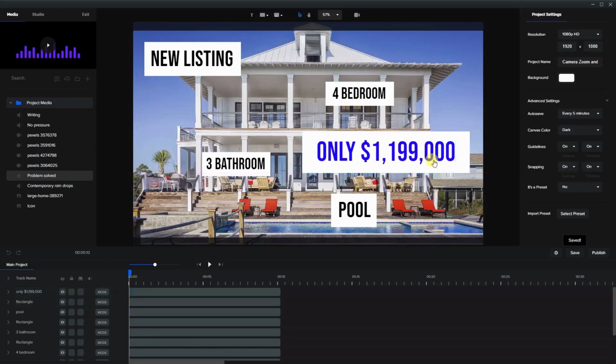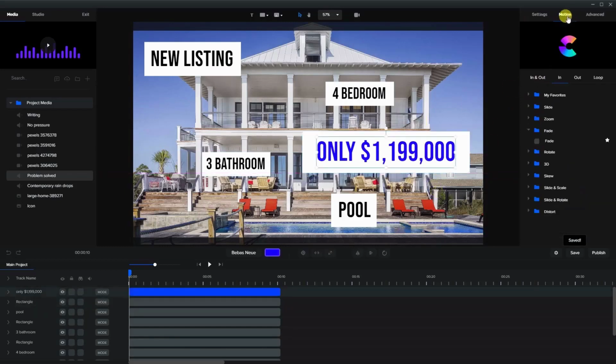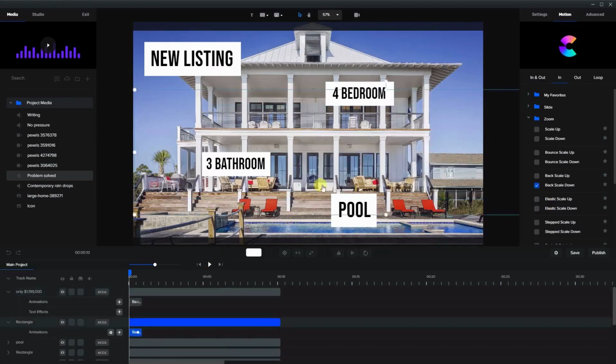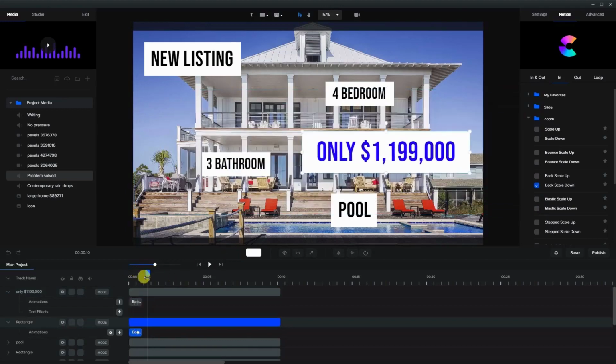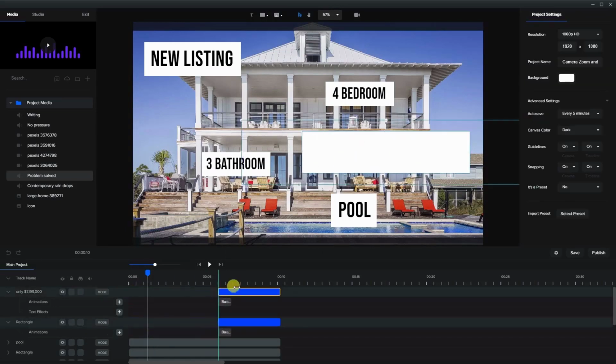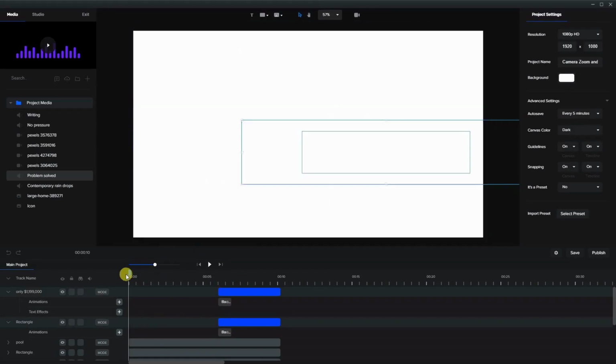Good. And let's have an entry on for this one. So let's say a zoom, and we'll do maybe a backscale down here like that. Okay. And we're going to grab that and do Control C and go to the rectangle, Control V. So now when they come on, they'll pop in like that. Now these won't come on till later, so I'm going to grab these two again, and we're going to move them in like that just to get them out of the way for now. Okay, so now let's set up our actual